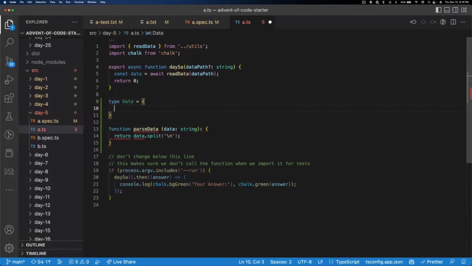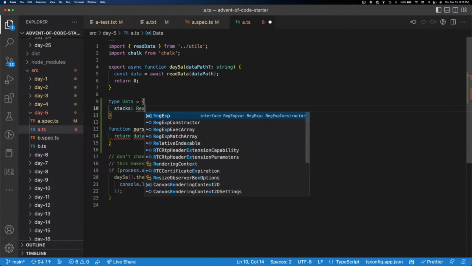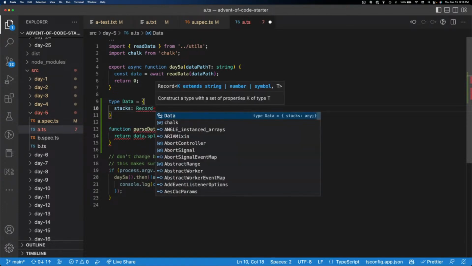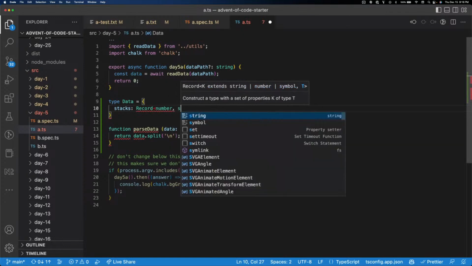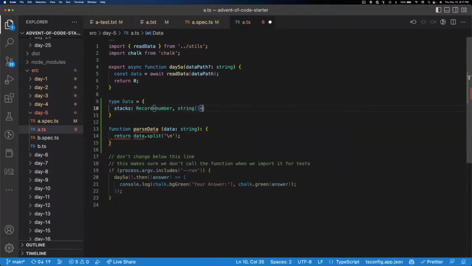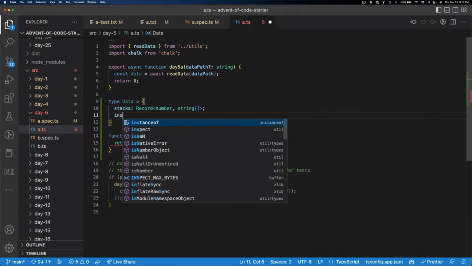So we're going to have our stacks, which is a string array, but it's like a one-index string array. I'm actually going to make that a record of number to string array. And then we have our instructions,